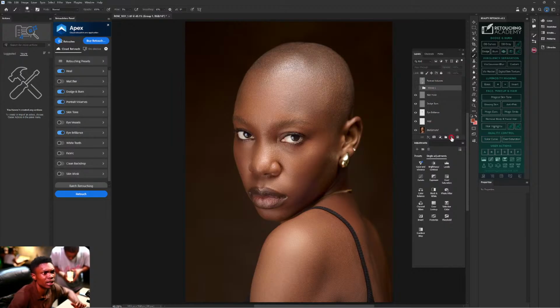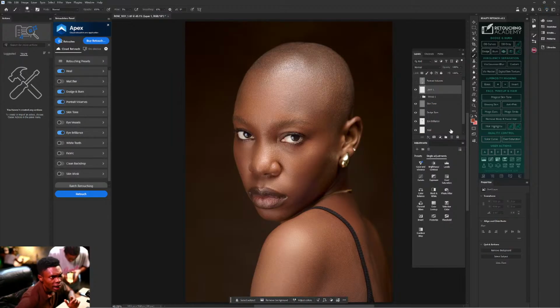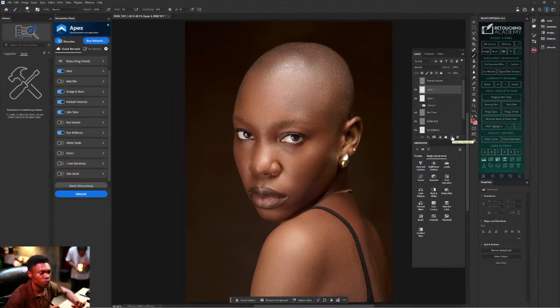Then another pattern you will use to do dodge and burn. Create an empty layer. I create the first layer, then I create a second layer. Watch. With your brush, just increase it. Increase your flow to 100, then select. If you press D, the color goes to default. Watch what I'm doing. For those sides I want to burn, I draw black here.